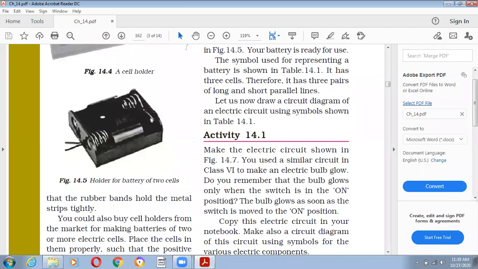Even the batteries used in cars, buses, trucks are also made by connecting cells. A cutout of the car battery having 6 cells. If you can see, the battery of this car has 6 cells. They are known as storage cells. These cells can be recharged. Ordinary cells, however, cannot be recharged. Once exhausted, they have to be thrown away. Whereas in parallel circuit, the negative terminals are connected together with the help of wires. Similarly, the positive are connected.